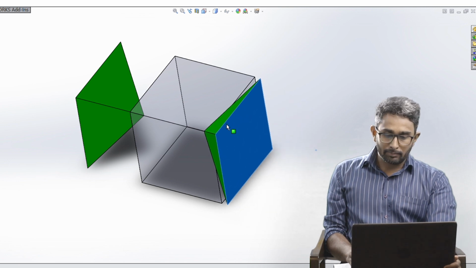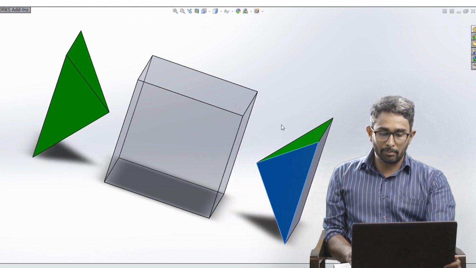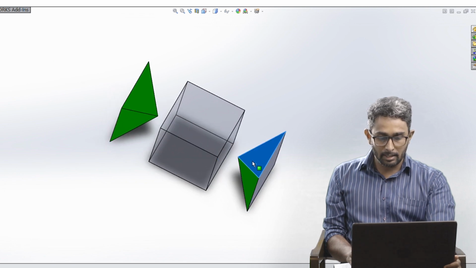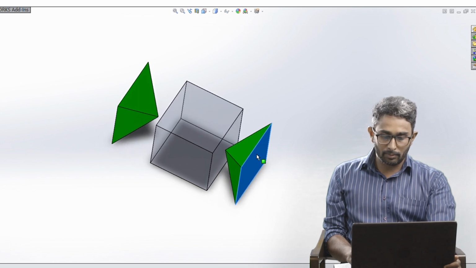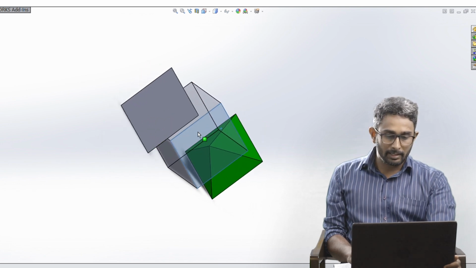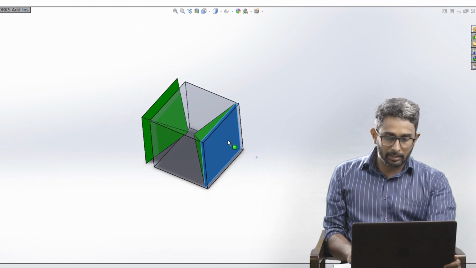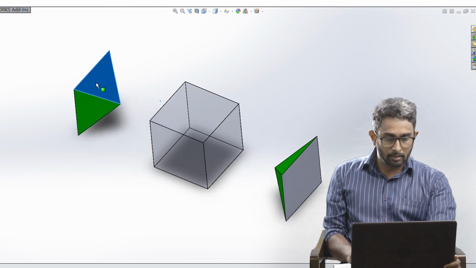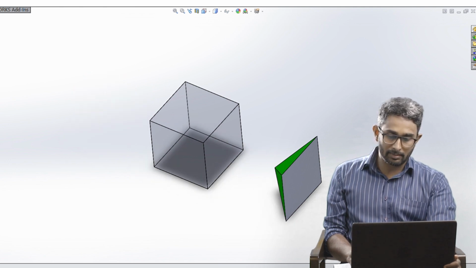And the first option, if you remove the solid pyramid from both the opposite sides, from this face as well as from this face, this will be the case. So like this, we are removing one solid pyramid. Here also we are removing a solid pyramid. The second option will be if you are removing the solid pyramid from adjacent sides. Okay, adjacent sides, this will be the case.